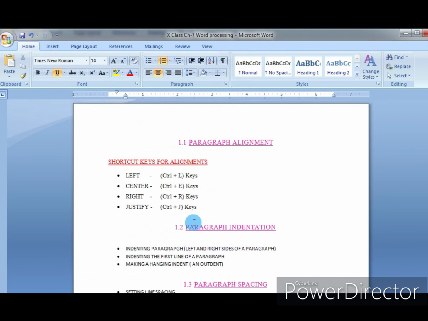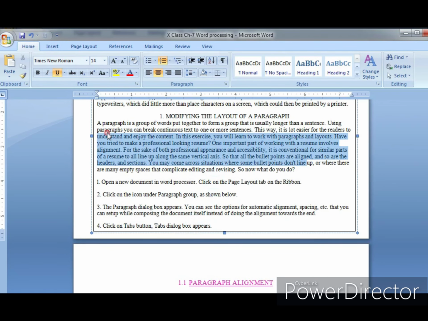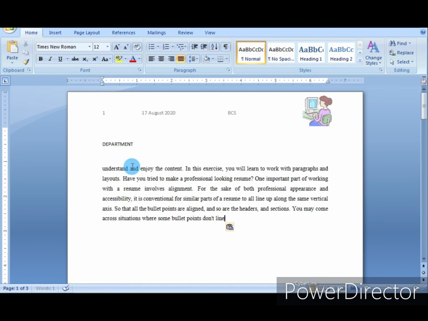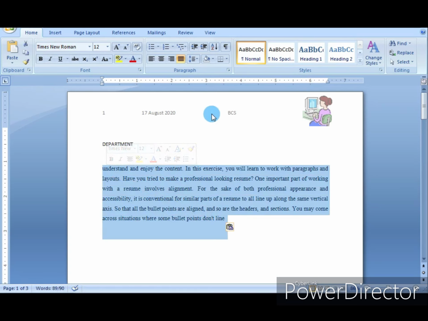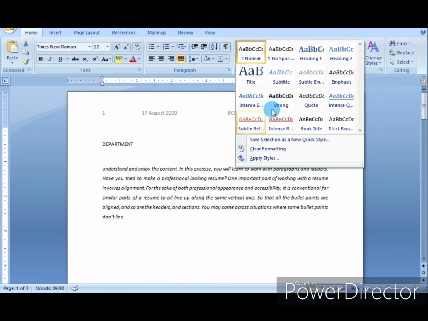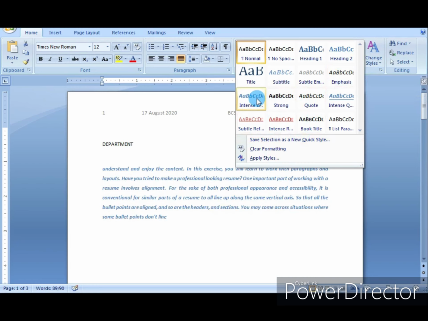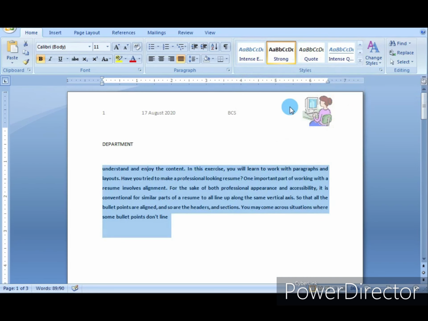So I'm copying from here. If I want to change the styles, select this text and click on the arrow. You can now change any one of the style from this.